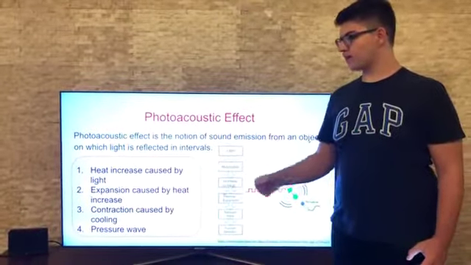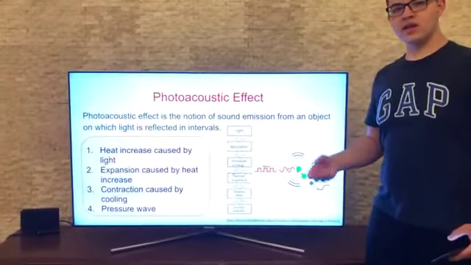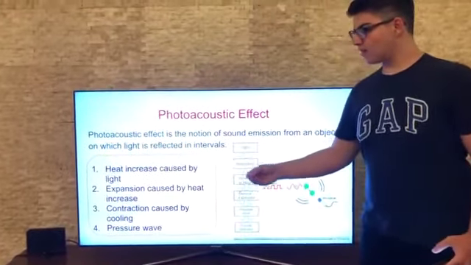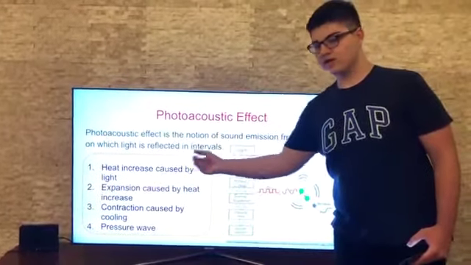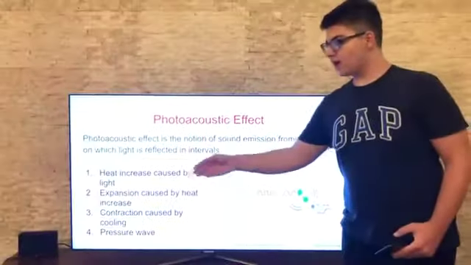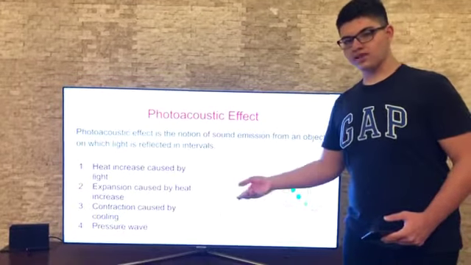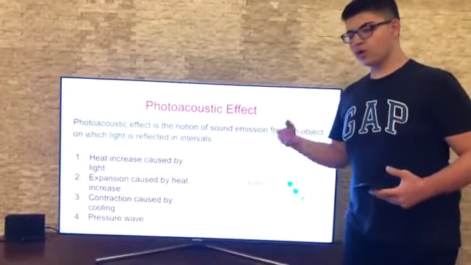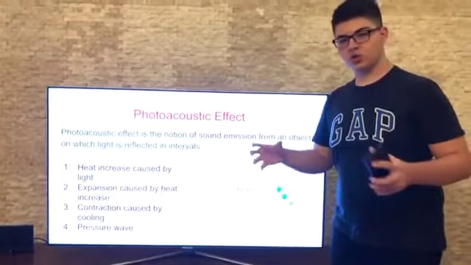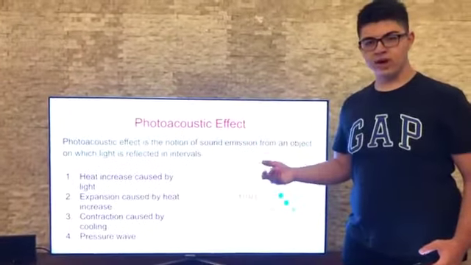So the photoacoustic effect is basically the notion of sound emission from an object on which light is reflected with intervals. What happens is basically when light hits the intended target, a heat increase occurs in the material. With this heat increase, an expansion also occurs on a microscale. And because of the intervals when there is no light hitting the substance, cooling occurs and so contraction occurs. With this continuous expansion and contraction, a pressure wave forms which can be detected as an acoustic wave, and so